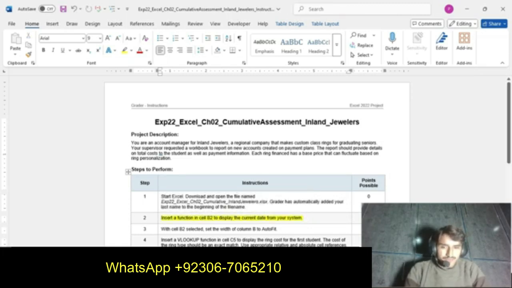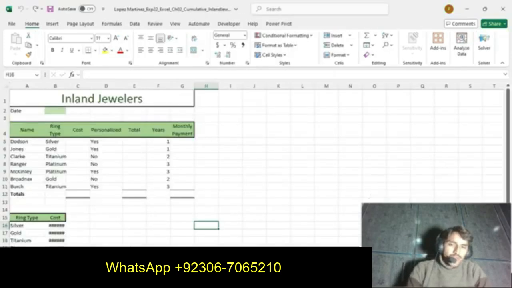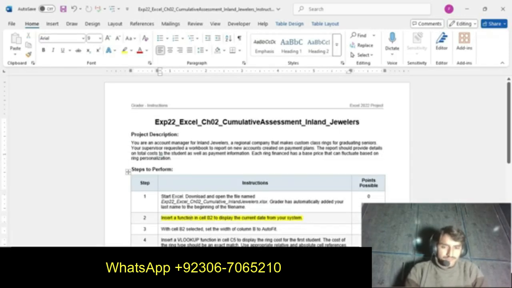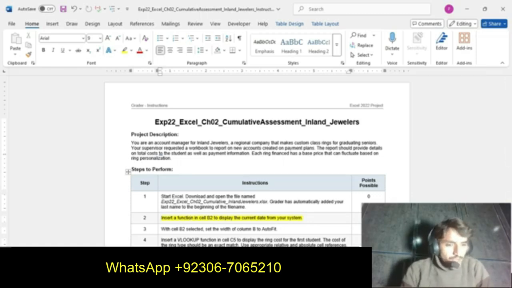Insert a function in cell B2 to display the current date from your system. So first we go to cell B2 and press the equal sign. Then next it says display the current date from the system. So we use the function which will give us the current date.